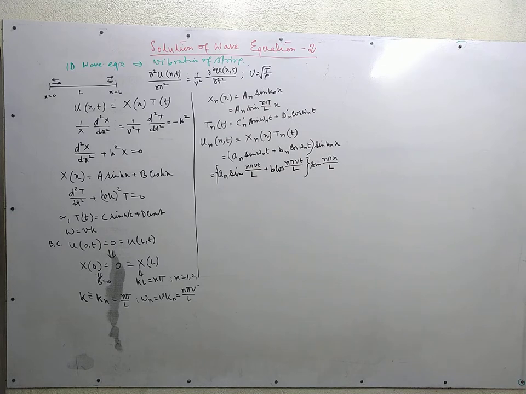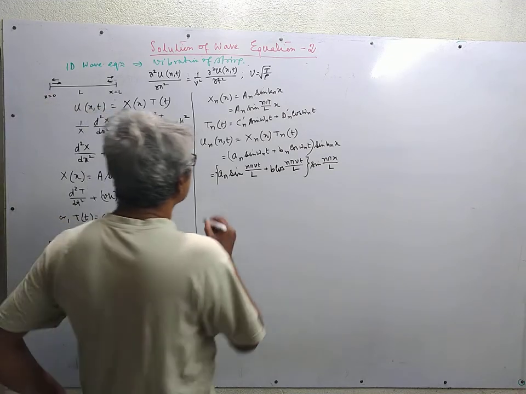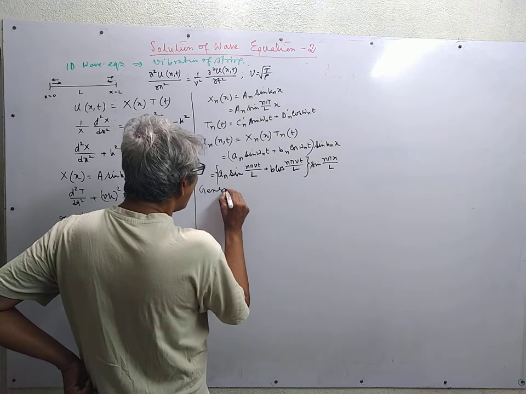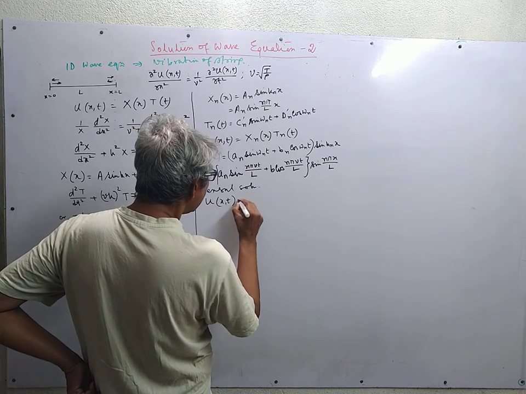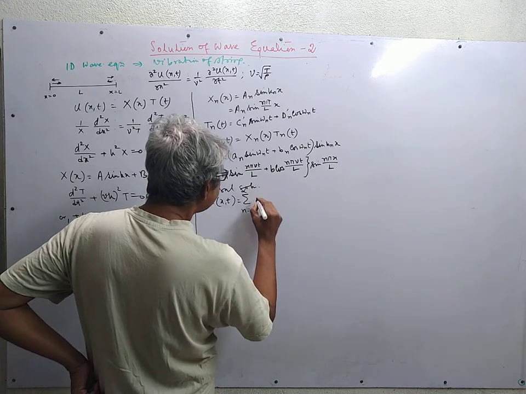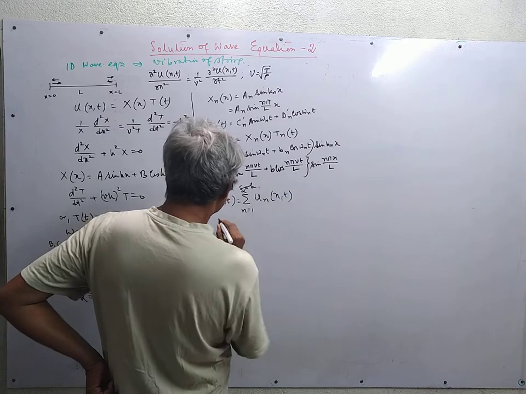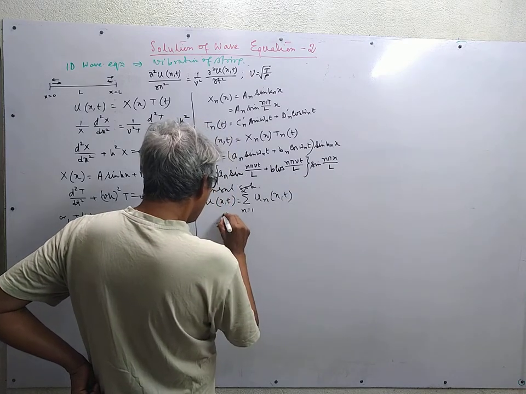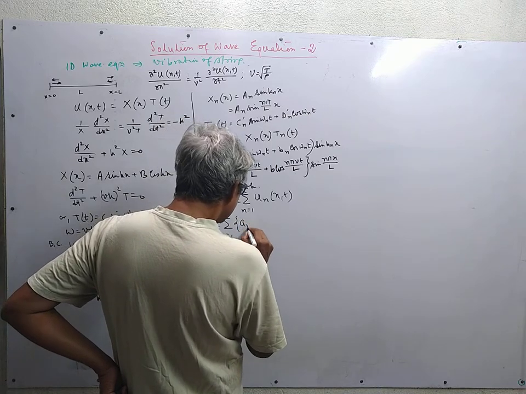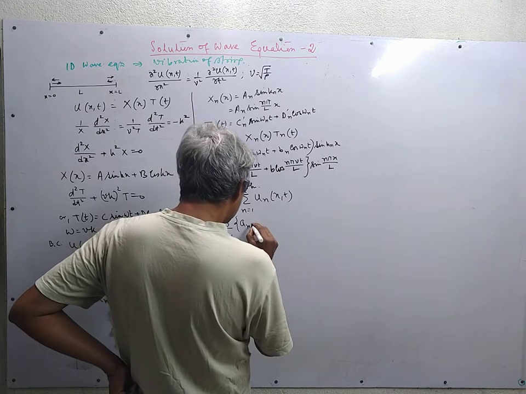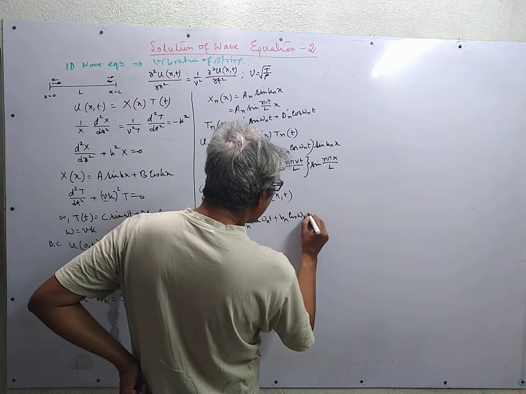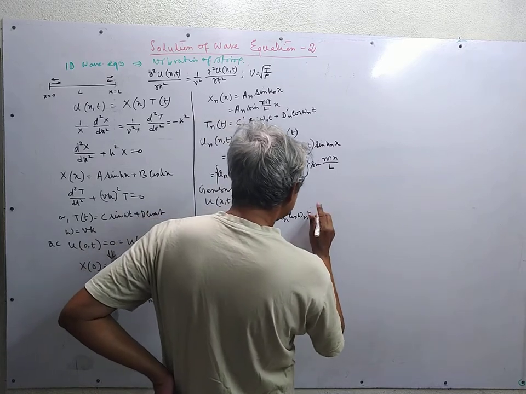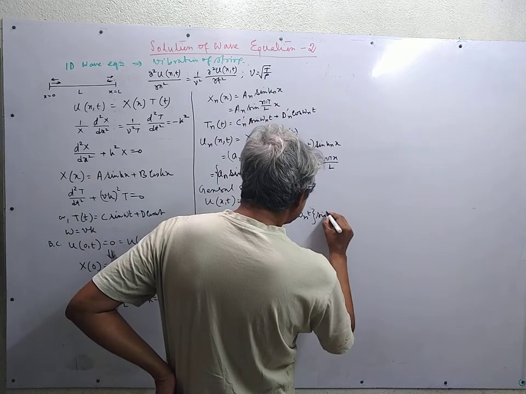Since the differential equation under consideration is a linear differential equation, the most general solution is the superposition of all solutions u_n(x,t). So this is the sum of A_n sine omega_n t plus B_n cos omega_n t, times sine k_n x,